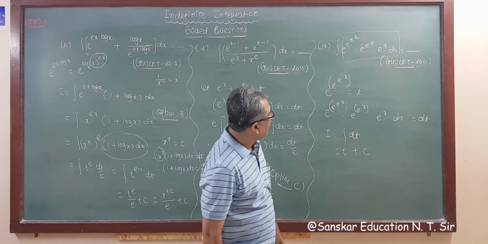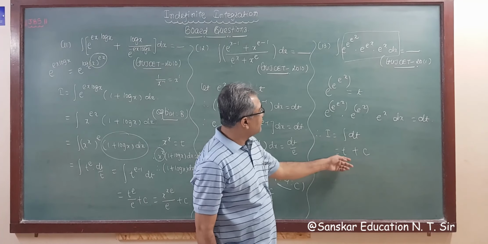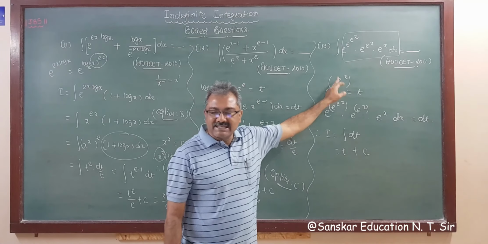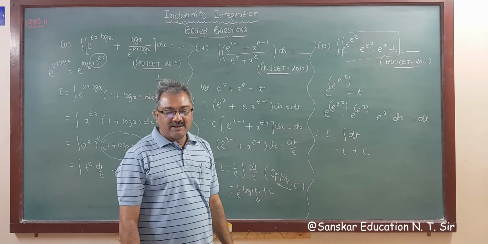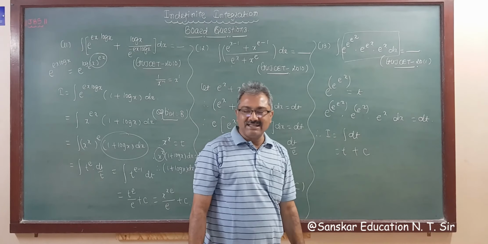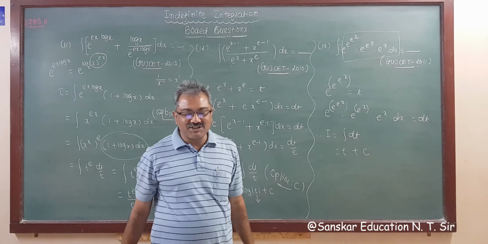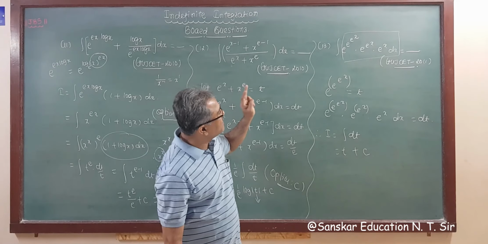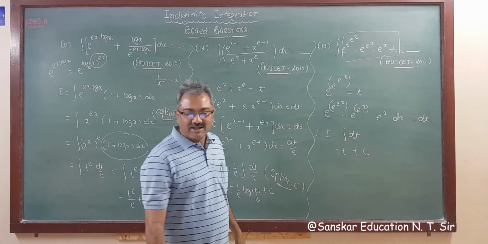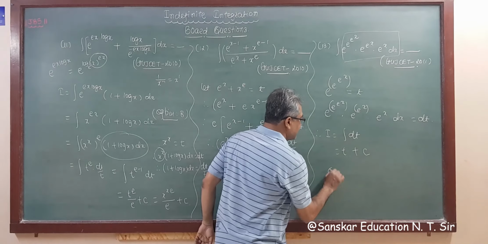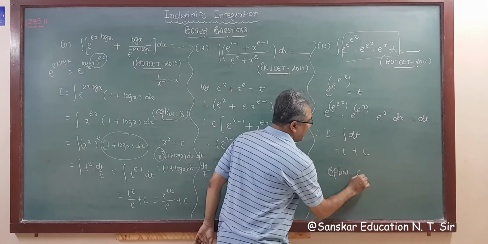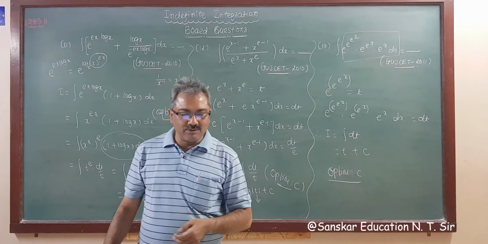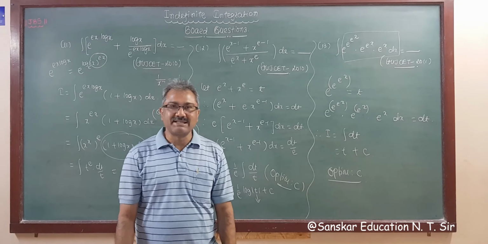So your answer is t. What is t? It is e raised to e raised to e raised to x. That is option C is your correct answer, right? So option C is your correct answer in question 13. Three times e raised to x is in option C, right? So option C is your correct answer. I think all are bold here, I think so, but the correct answer is option C. Okay.